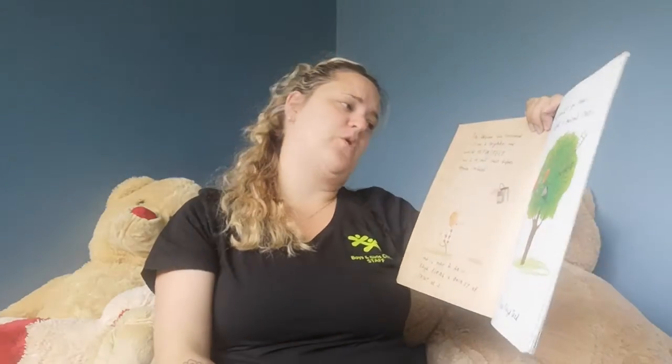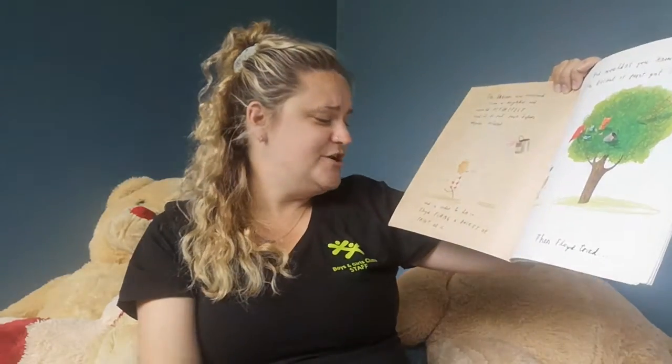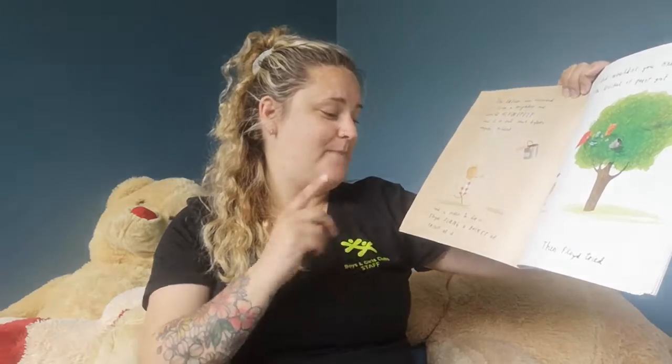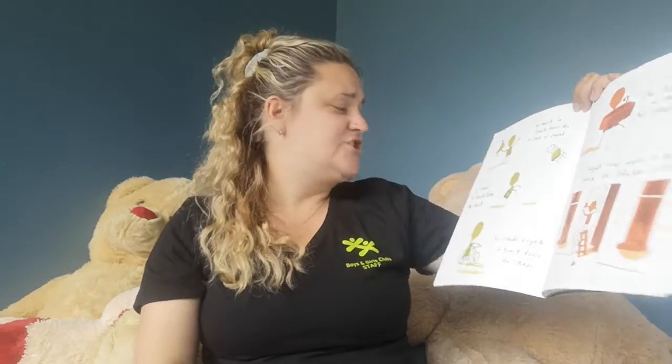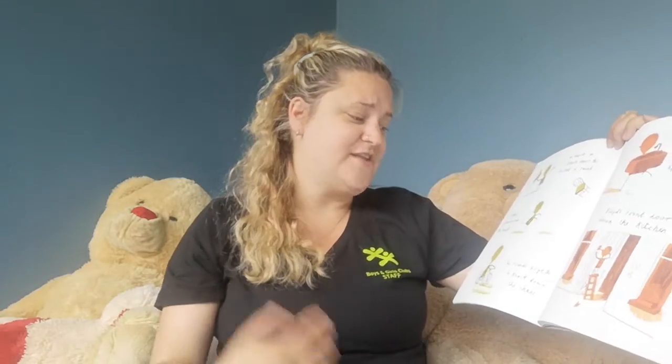The ladder was borrowed from a neighbor and would definitely need to be put back before anyone noticed. And in order to do so, Floyd flung a bucket of paint at it. And wouldn't you know it, the bucket of paint got stuck. Then Floyd tried a duck to knock down the bucket of paint, a chair to knock down the duck, his friend's bicycle to